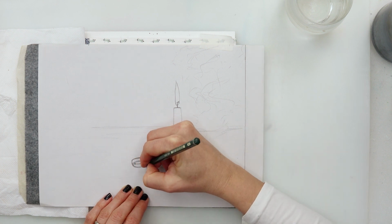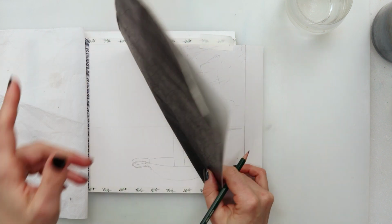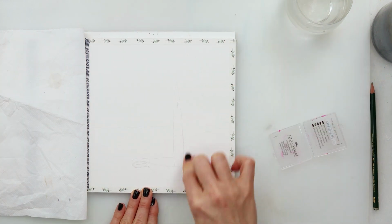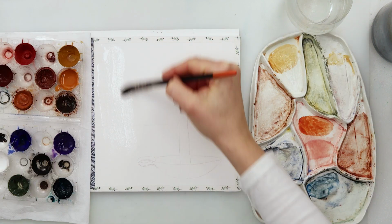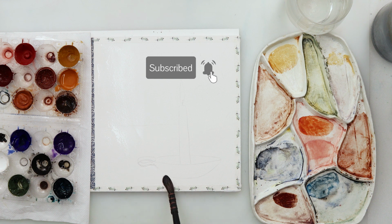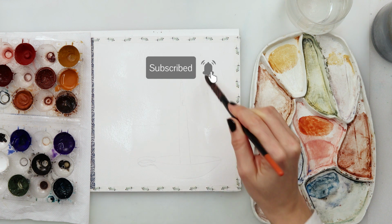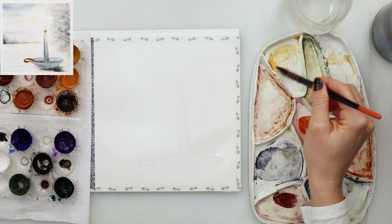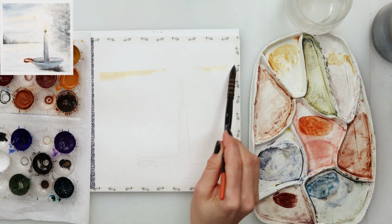Do the sketch onto just any regular paper you have, and then trace it onto watercolor paper using a graphite paper, your window, or maybe scribble on the back of your paper, and then with just a regular pencil, trace it. After I finished with my sketch, I moved on to pre-wetting the paper,